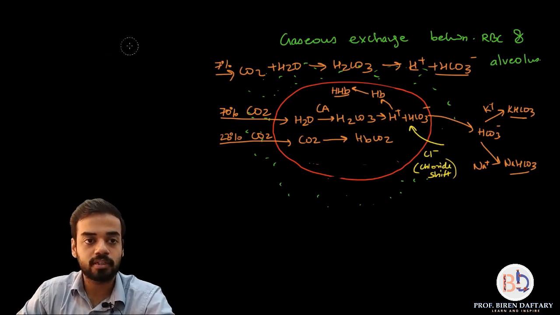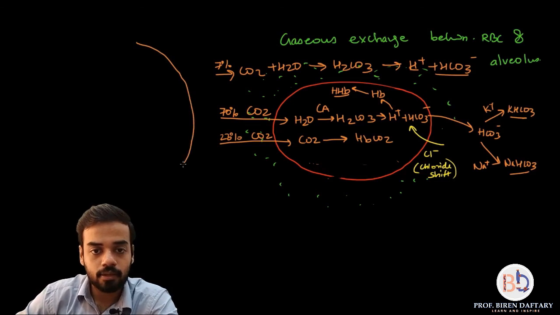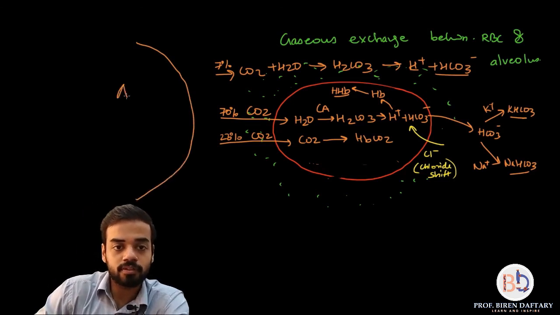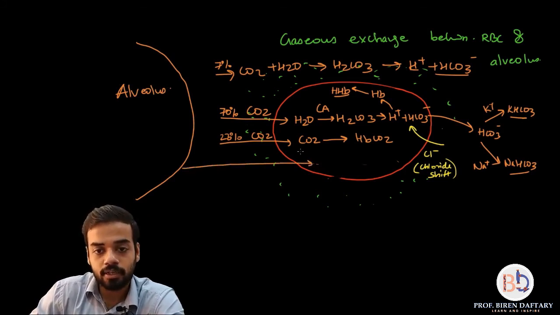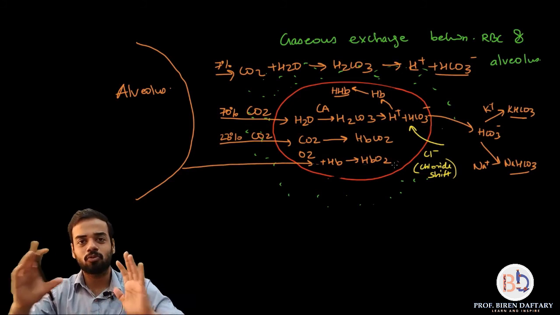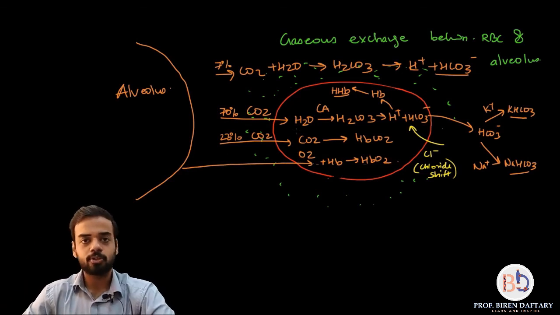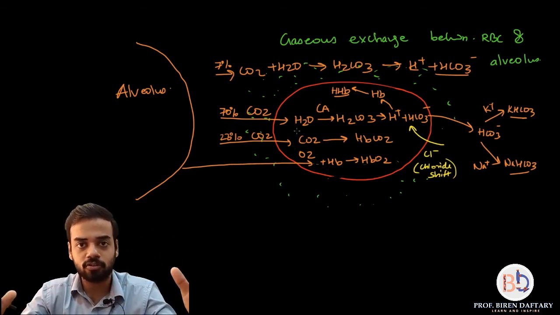So alveolus I will show over here, and this is the surface of alveolus, correct? So this is alveolus. Now the first thing that I am showing is that oxygen goes in, and this reacts with hemoglobin to form HbO2, or if you want you can write Hb4O2. So show 4 oxygen over here. I have shown that oxyhemoglobin has been formed. So we are finished with oxygen.